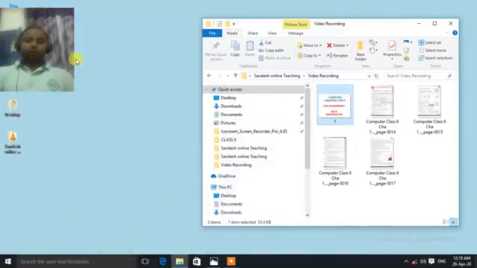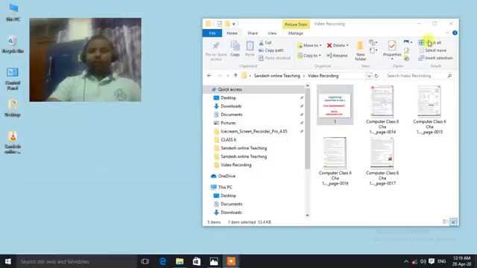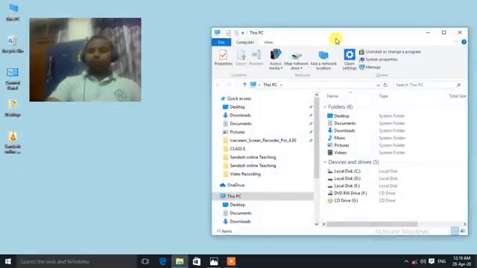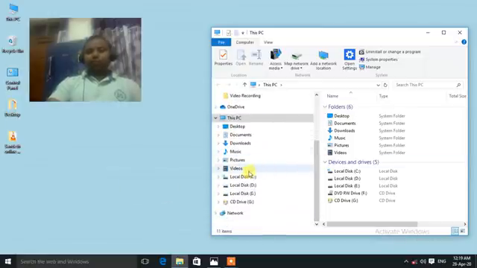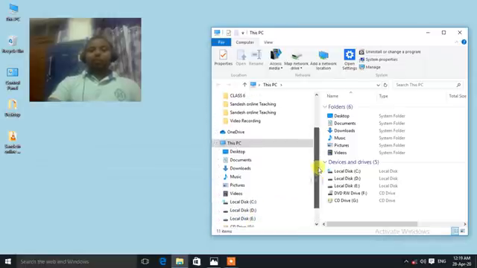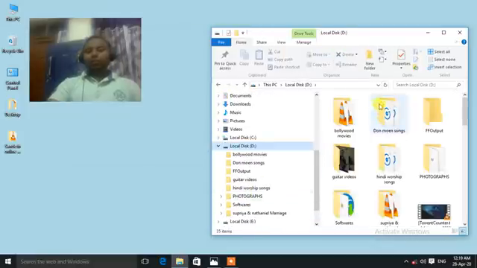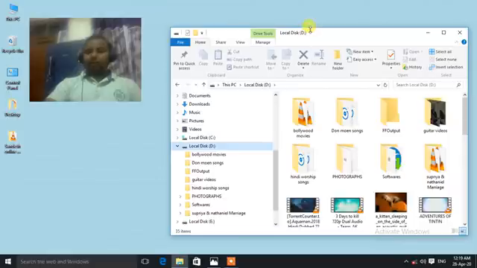So this is our desktop. First of all we will click on My Computer or This PC icon. Now you can see the window. Here on the left hand side you can see all the hard disk drives, local disk C, local disk D, local disk E, CD drive G, network. Now if you want to see the files stored in D drive, you have to double click on it and you can see the files stored in it, different files.